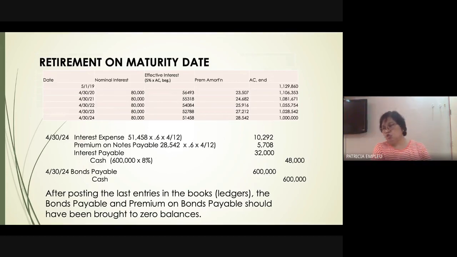And therefore, to ensure that the premium has been brought to zero balance already, then you have to go back to your transactions. Originally we set up the premium at 129,860 at the date of the issuance. Then we have the following debits based on the previous entries. You may go back to the previous entries. That means you should have taken them down in your notebook. We have a debit to premium on notes payable of 15,671,